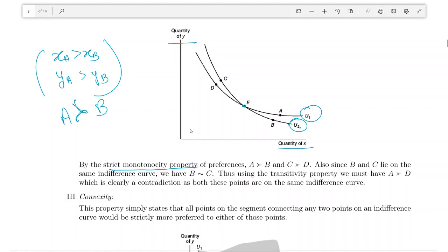That's strict monotonicity. It is not valid always, like the case which Arti pointed out, that I like only 5 burgers and 5 pizzas. If you give me any more burgers after 5 burgers and 5 pizzas, I do not want to consume anything more. So after a point, giving me more pizzas and burgers will not make me happier. So in that case, monotonicity is violated. But the strict monotonicity property says that if both the commodities are increased in quantity, then you're definitely going to prefer that particular bundle.